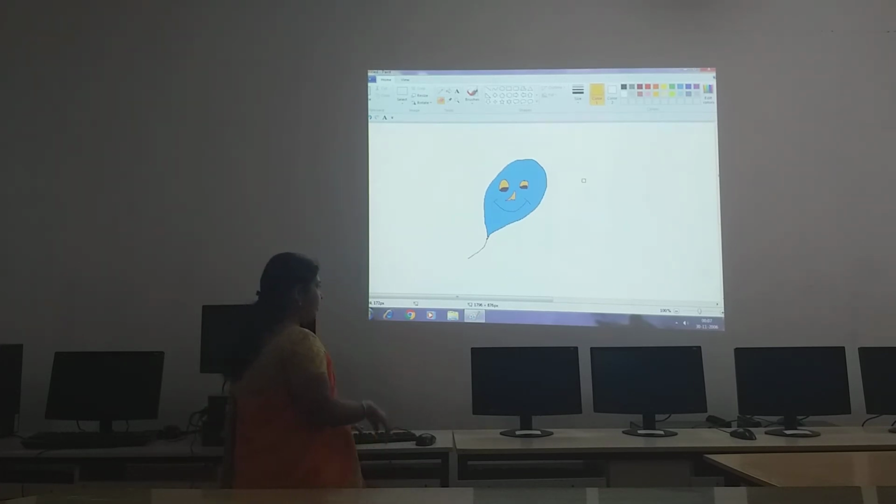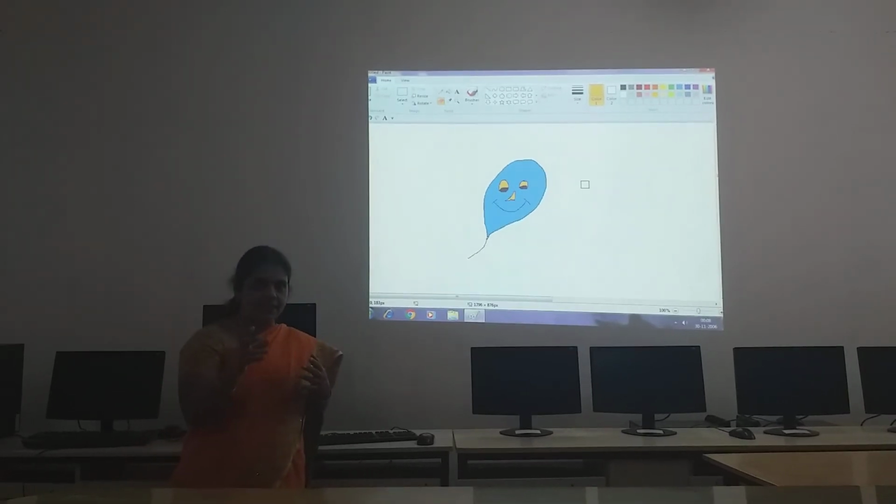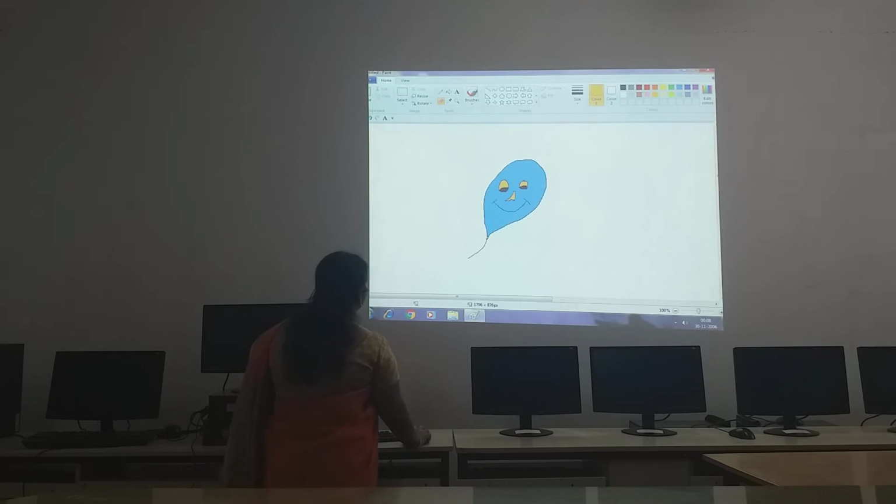See, one more shortcut key I am telling you. To make this eraser big, you can press Ctrl plus. See, the eraser will become big like this. I am continuously pressing Ctrl plus, so the eraser becomes big. If you want to reduce the size, you press Ctrl minus, children. Ctrl minus, so the size will get decreased like this. Ctrl plus means it will increase the eraser size. Ctrl minus means it will decrease the size. So like this you can draw, children.